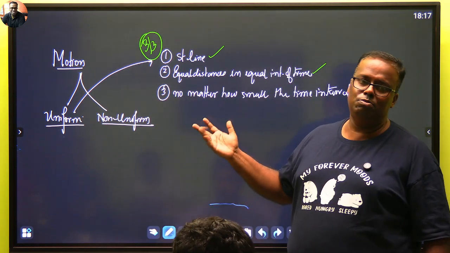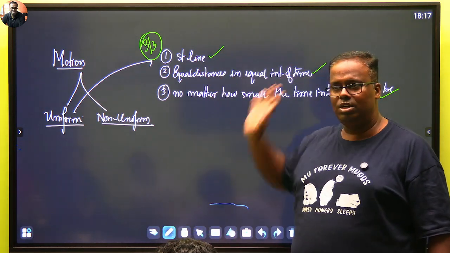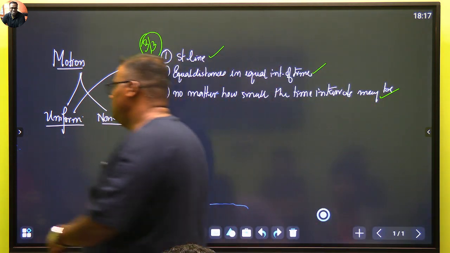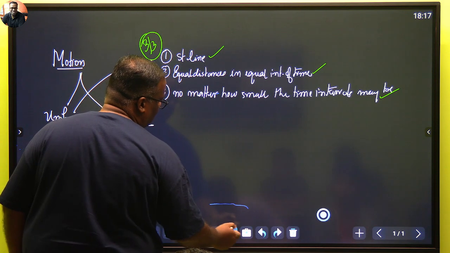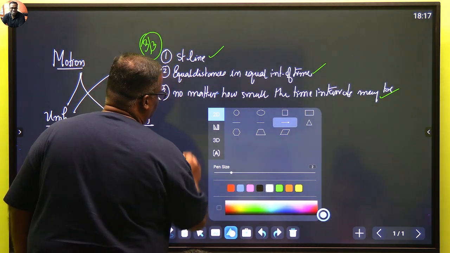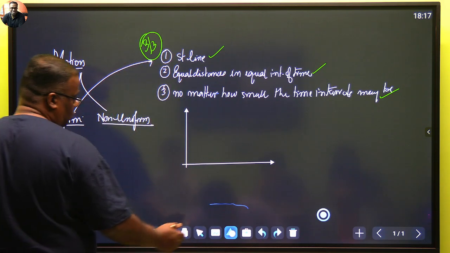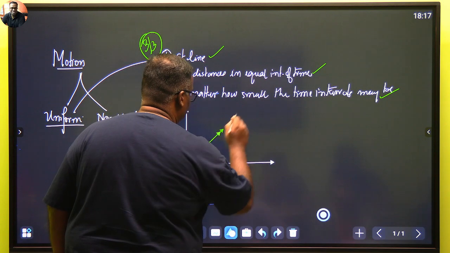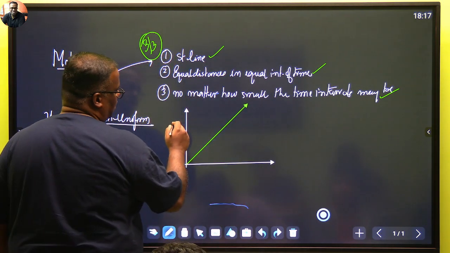A body is said to be moving with uniform velocity if it moves in a straight line, covers equal distances in equal intervals of time, no matter how small the time intervals are. So therefore, though we will discuss graphs in detail later on also, यहाँ पे ऐसे ही पूछता है तो लिख ही लो। अगर हम इसका xt ग्राफ प्लॉट करेंगे यूनिफॉर्म मोशन, so uniform motion's xt graph will always be a straight line, हाँ straight line आएगा,